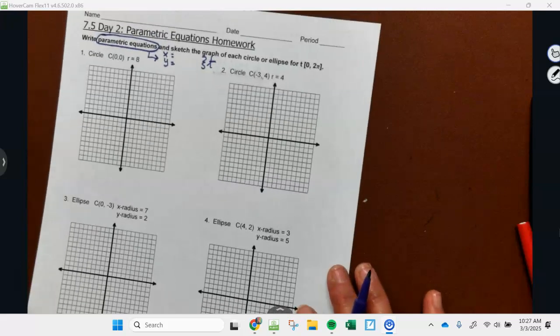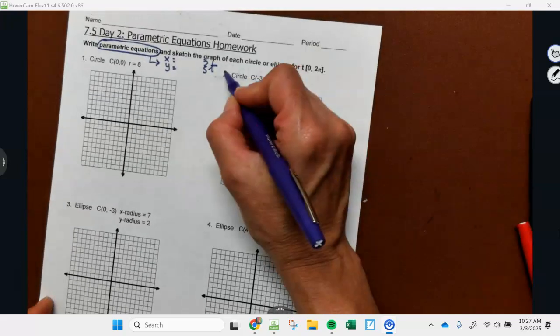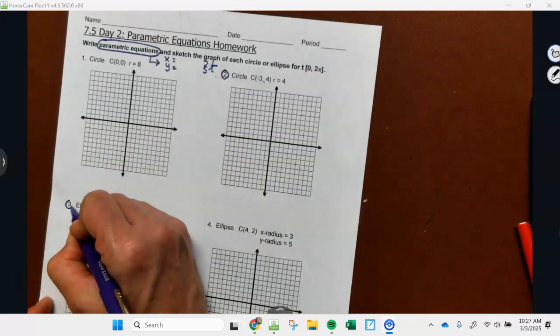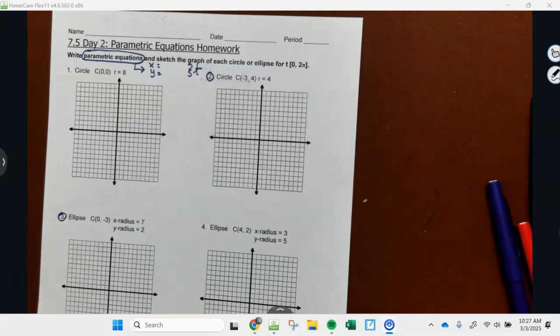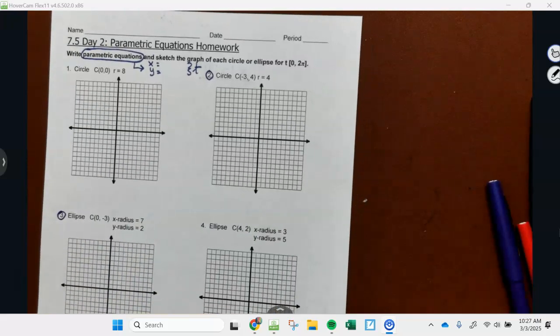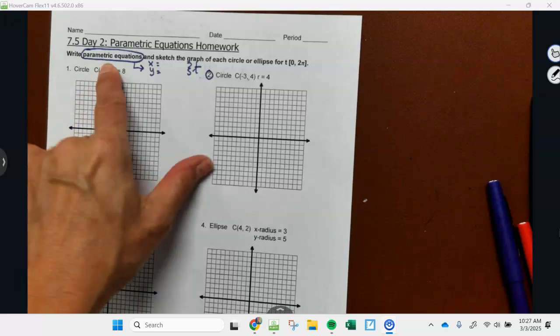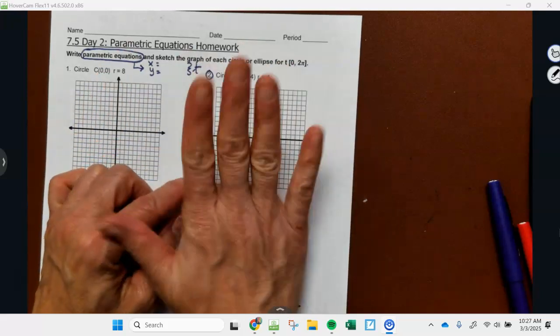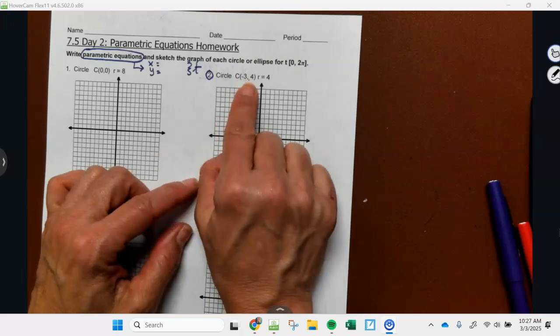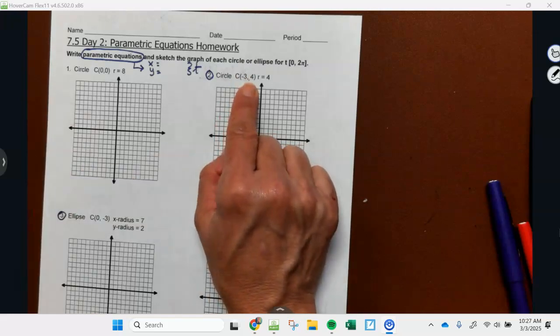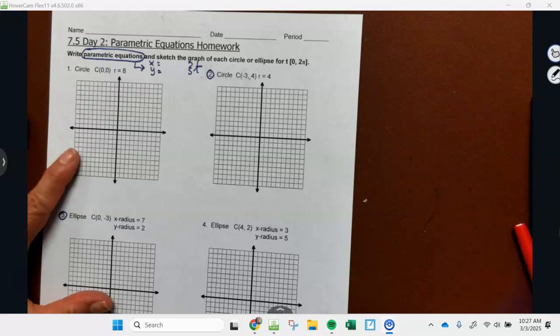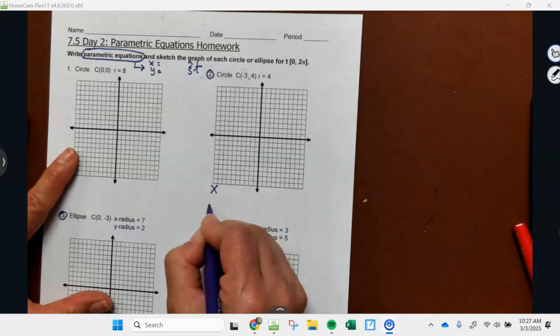All right, let's go back because I wanted to do problem 2 and problem 3 with you. All right, so here we go. I'm going to just go in order. I'm going to write the parametric, then I'm going to graph it. All right, I see that I have a circle there, and I see that the center is not at the origin, so H and K. So I'm going to separate x and y,